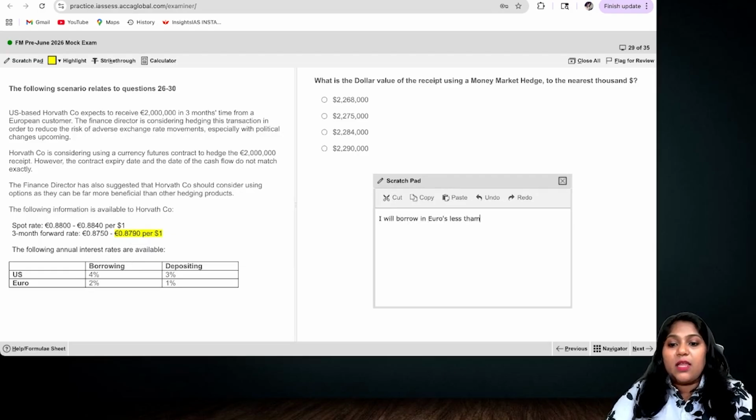Which is less than 2 million. So that after 3 months, using the receipt of 2 million, I can settle the bank loan. So now that means how much do I have to go ahead and borrow? The amount to be borrowed shall be